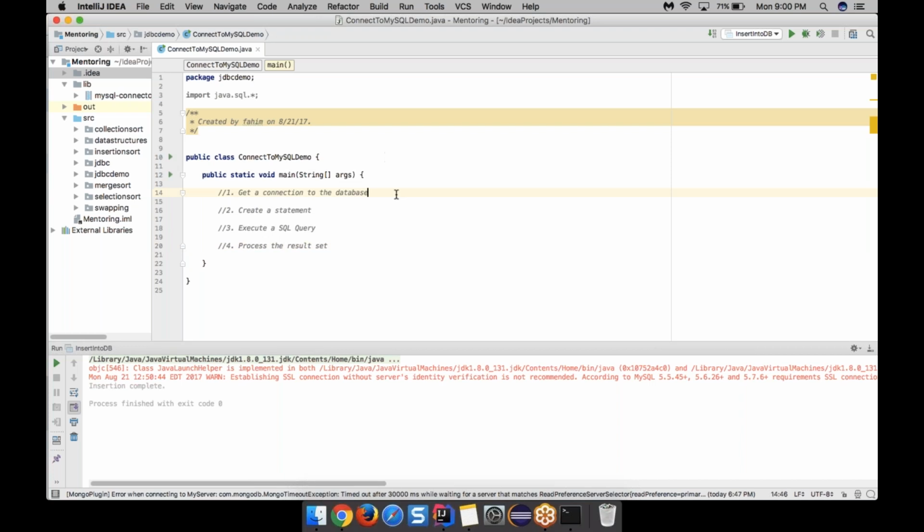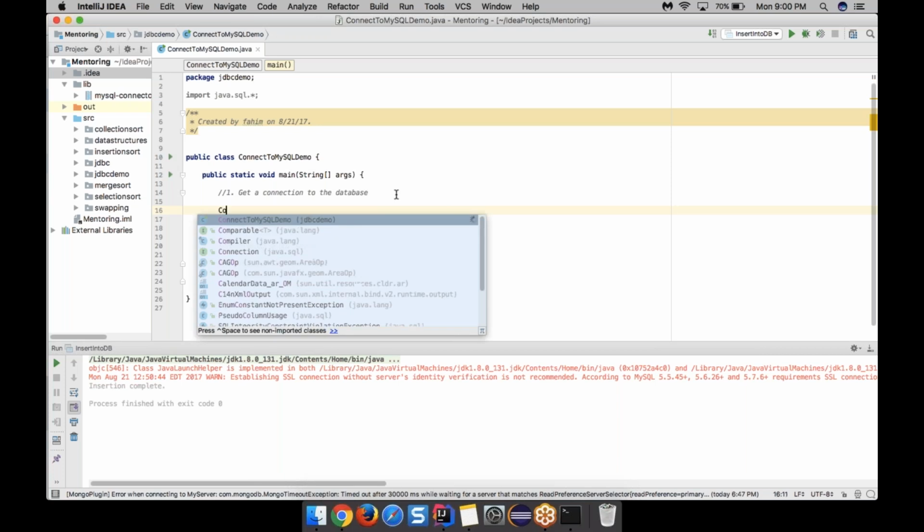Okay, so now let's connect to the database. How are we going to connect to the database? We're going to need a connection. So how are we going to get a connection? We need to create a connection object. So we say connection